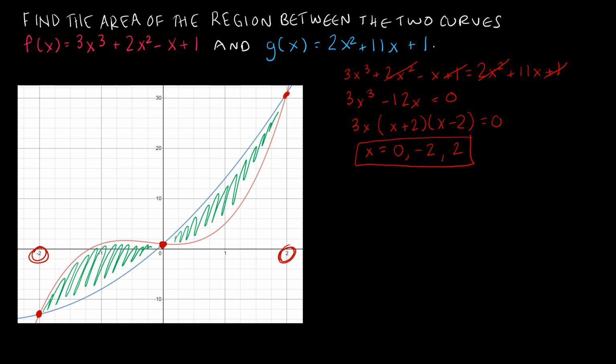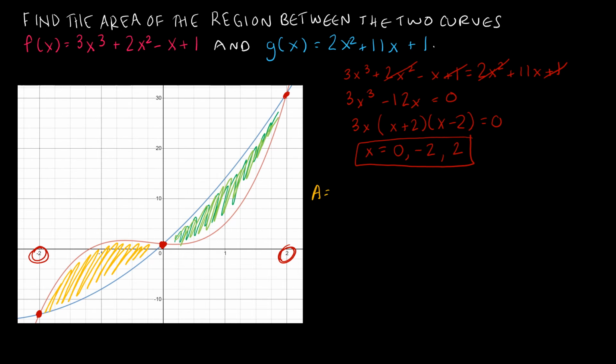Now, you might be asking, why do I have to have 3 limits of integration? And hopefully you can see why in looking at our picture. We can see, and I'm going to change the color of this one, that in this region, the red function is on top, and in the green region, the blue function is on top. And so that's going to make a difference as we integrate this. So to find the yellow region,